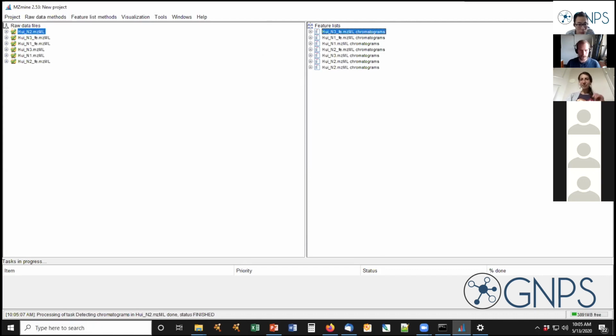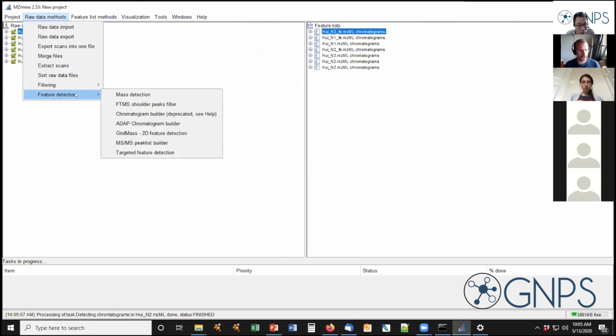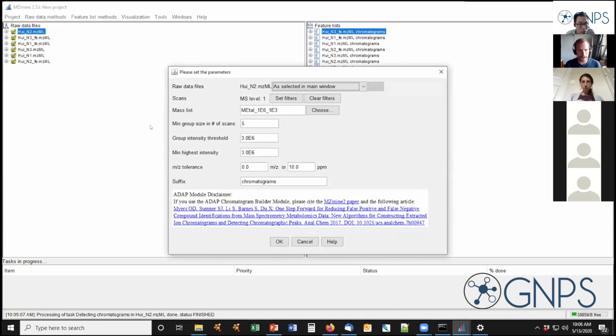Now one more question. Someone was wondering if there's any way to go back and make a correction in the parameters after hitting OK. Yes, and that is really the nice way. What I love about MZmine is that you can go back to each step in that mode and just start from scratch. So if I'm not happy with what I just did, I simply go back to raw data methods, feature detection, and then ADAP, right? And now I can just write a new list of